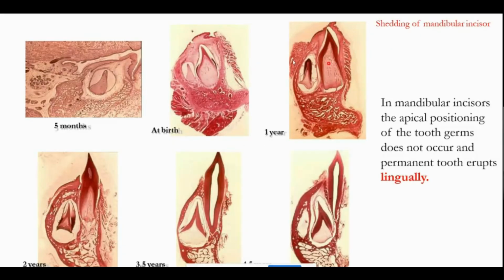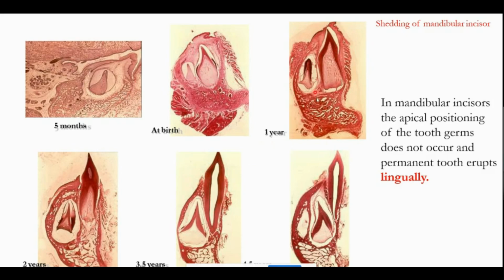And the same thing happens in the incisors as well, but the difference is, you know, that the permanent tooth bud of incisor is situated lingual to the primary. So the eruption pathway by the gubernacular canal, if you remember the skull which I had shown you, it is lingual. So it causes the resorption on the lingual surface of the root until the tooth is lost, and then the permanent tooth replaces its position in the oral cavity.